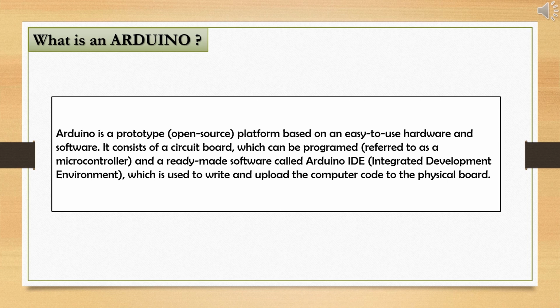Let's make it easy to understand, guys. We know that an embedded system is a combination of hardware and software. Hardware and software are combined using a microcontroller. If we want to make use of this microcontroller based IC, we should make a complex circuit. Making a complex circuit is difficult. To make it easy, we are using this Arduino board.